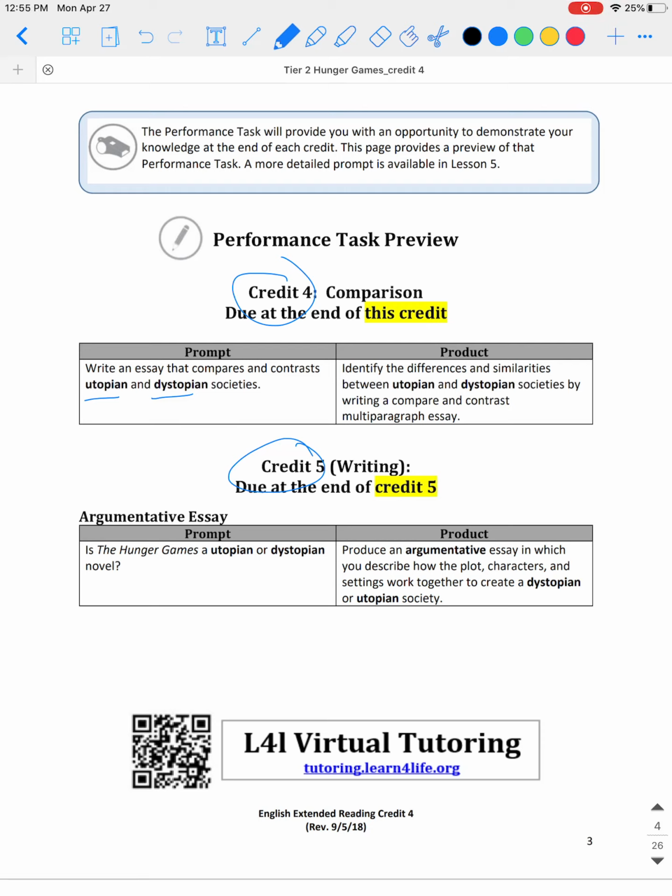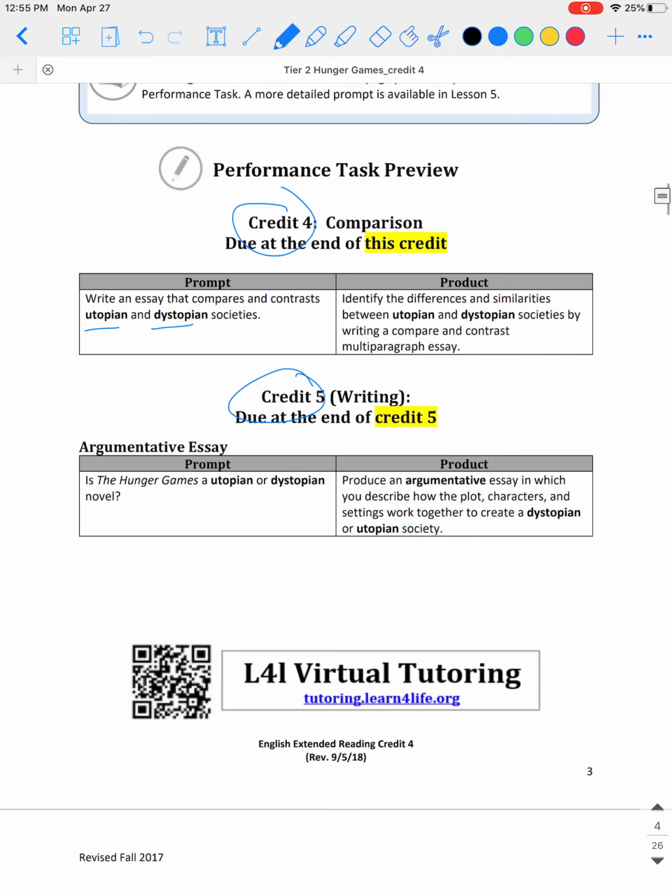And then at the bottom of the page is the QR code for virtual tutoring. You can use this not only for this packet, but any packet at Learn for Life. So they are live tutors, and there are multiple ways that you can reach them. So if you go to the website or the QR code, you can